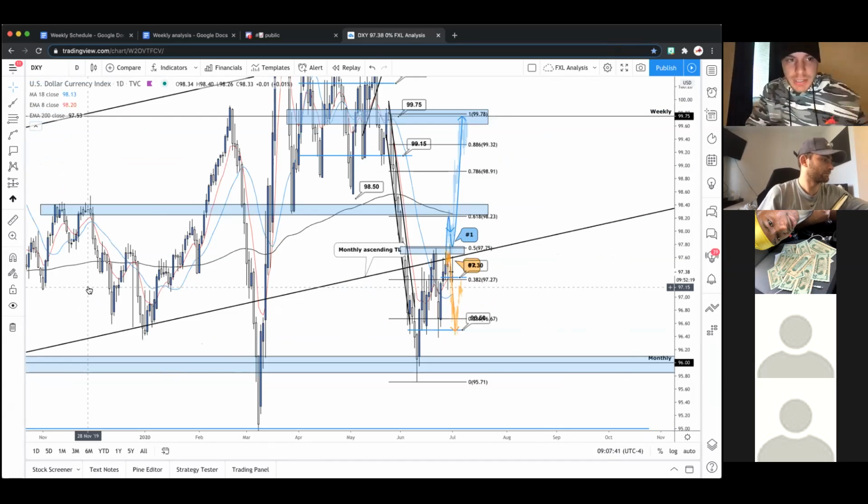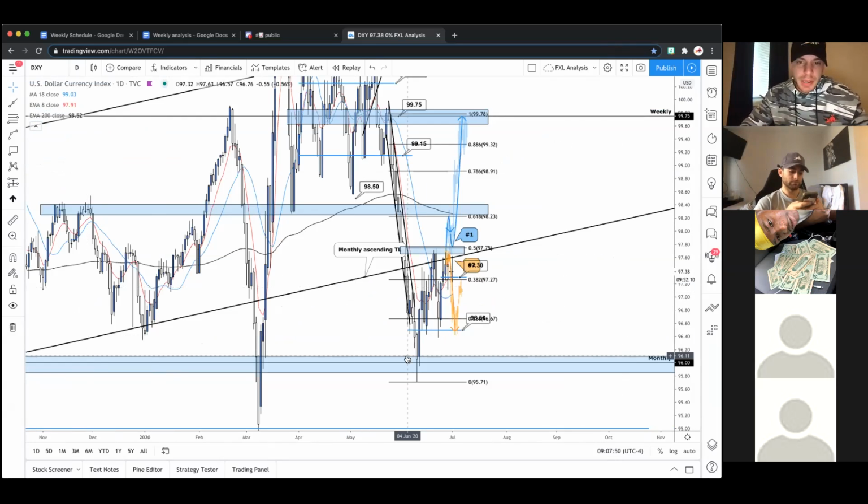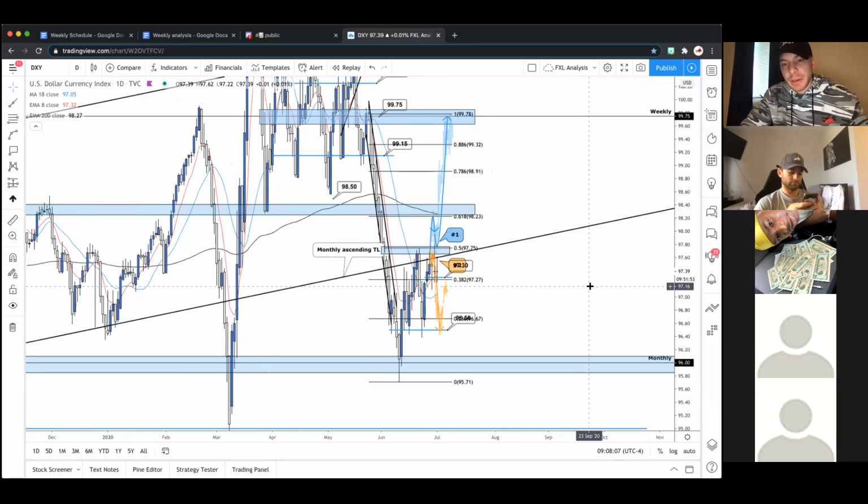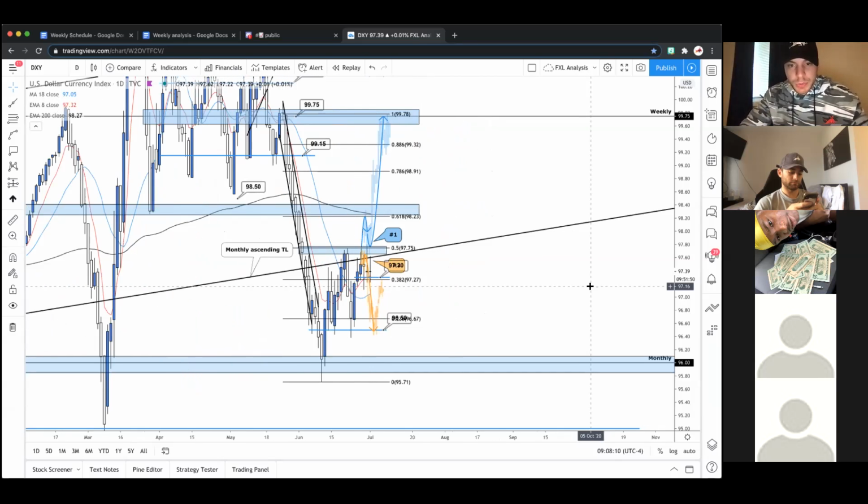So DXY is essentially the US dollar index. It shows the dollar's strength. The reason we analyze the dollar is because it makes up 80% of all trade in the Forex market. So it's good to understand what's going on with the dollar so that we can best prepare for other pairs and get an idea of intraday movements. It's also considered the reserve currency of the world, so a lot of eyes are on it. There's a lot of investment into the dollar and a lot backing it as well. So it's always a good idea to just stop in and see what's going on.